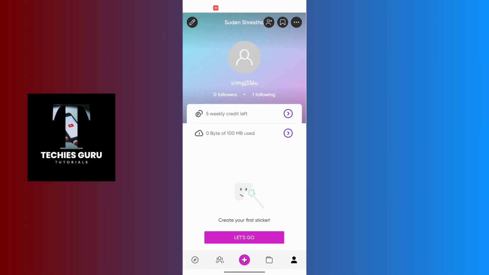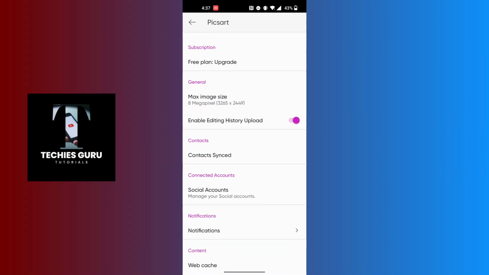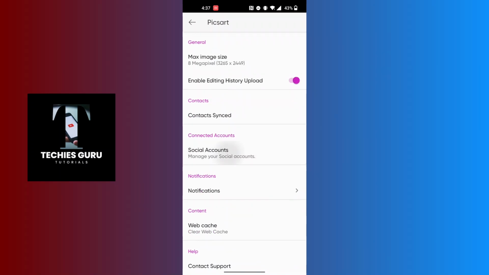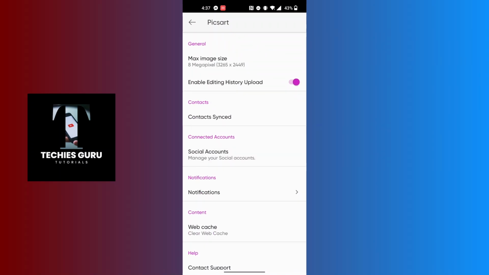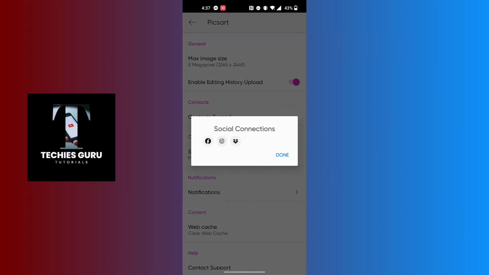Tap on settings and you land over here guys where you can see the social accounts button available for us. Tap on the social accounts button under the category connected accounts. Tap on it. And after that guys, over here on this box you can see the logo of Facebook, Instagram and Dropbox. Tap on the Dropbox over here or the logo of the Dropbox account and you'll be redirected to